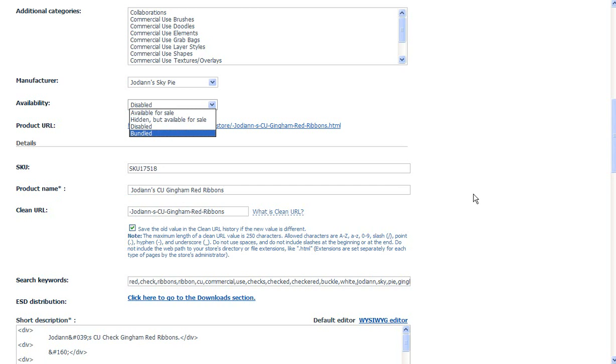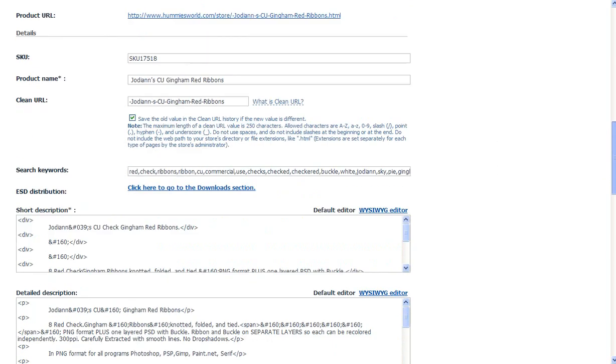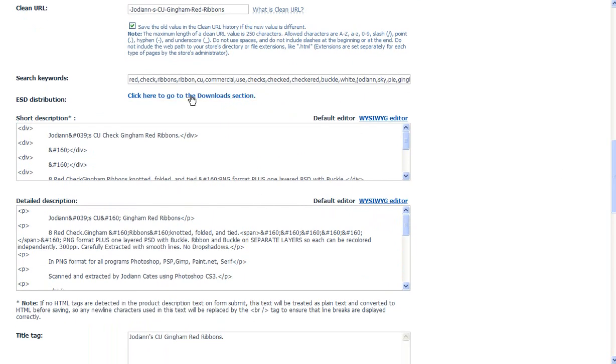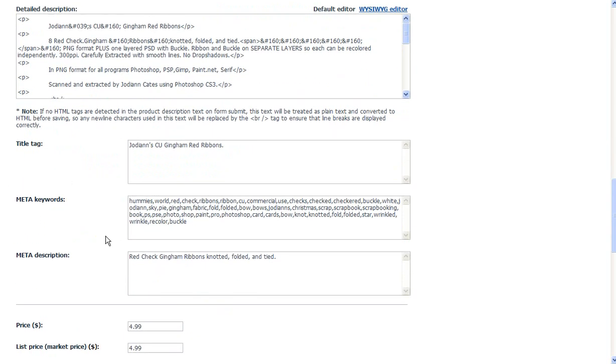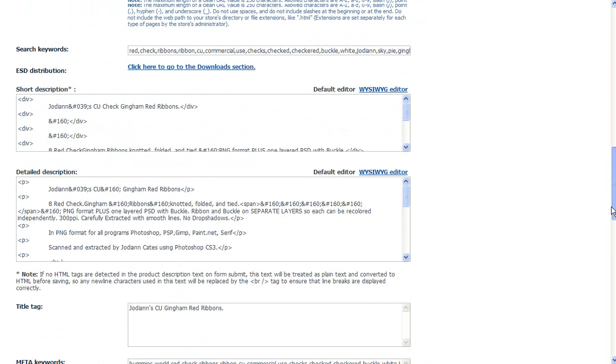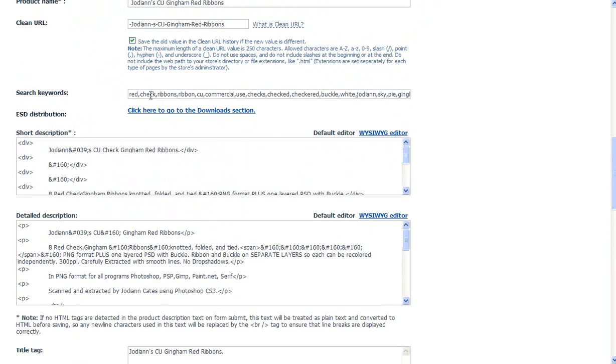So, of course, drop in a product name, and then it generates the clean URL for you. I use the same search keywords that I put into this box. I also put into the meta keywords box down here. So basically, if you are going to generate those, or if you have those in a place where you can